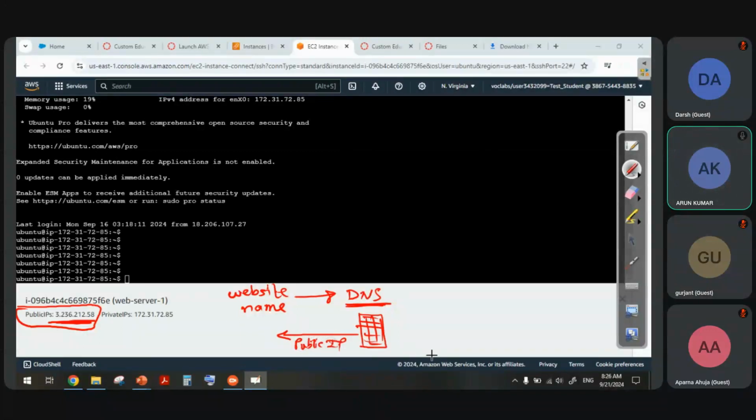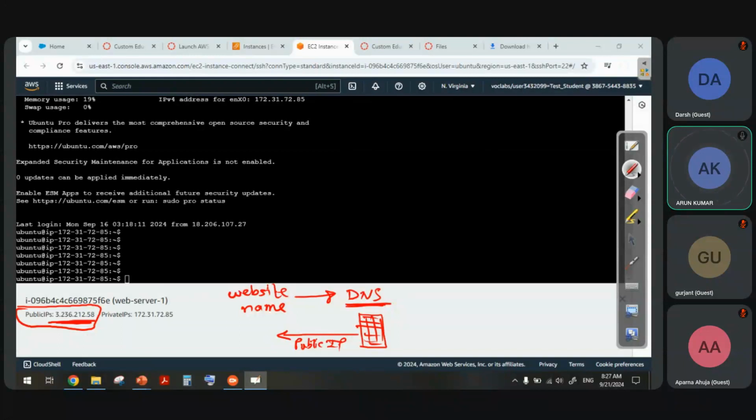Public IP address is unique across the globe. Private IP address is only unique within its network. Like if I'm using my router in my home, maybe my router would have given me 192.160.2.3. This is one of the private IPs. Maybe the same IP address is also running in somebody else's house in their own private network. It means the router in their house can distribute the same type of IP address, but